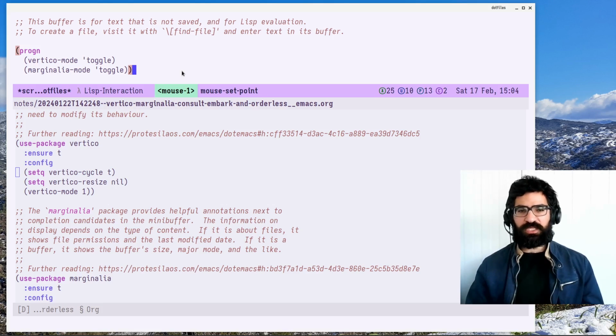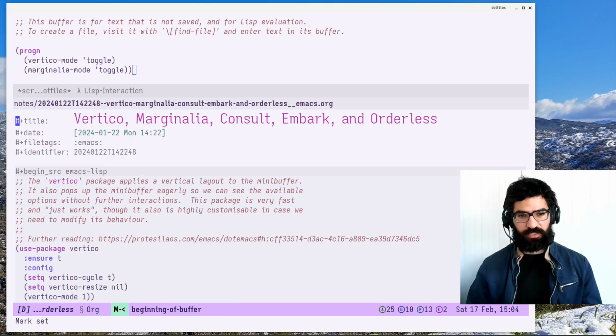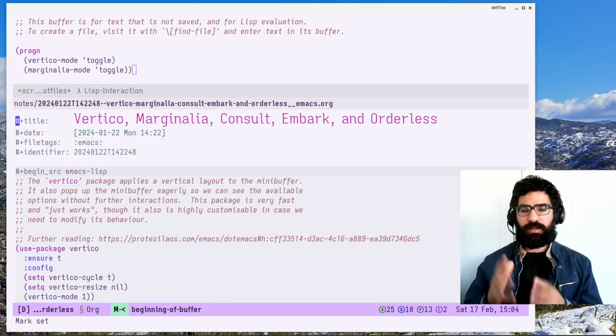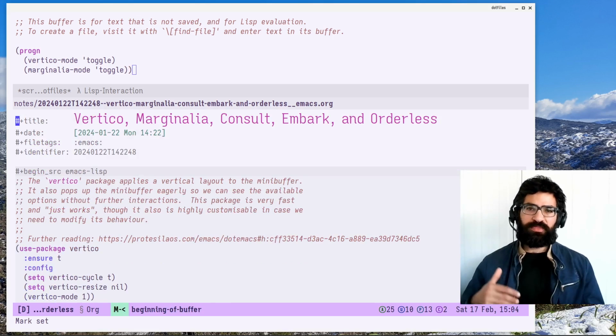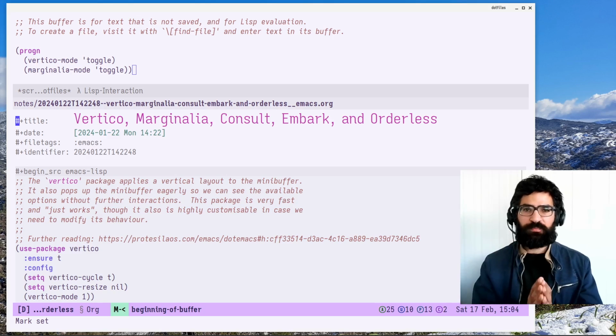The set of packages that I am referring to is listed also over here. It's Vertico, Marginalia, Consult, and then there is Orderless, there is Embark, and there are others as well. And I want to give you an overview of what these packages do. More specifically, I want to show you what each of them contributes to this system that we are piecing together